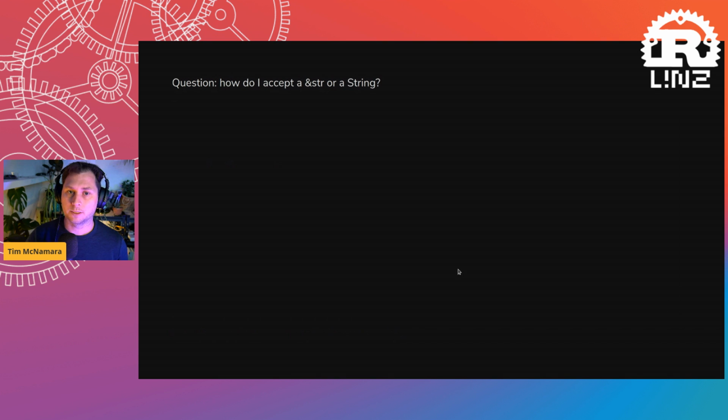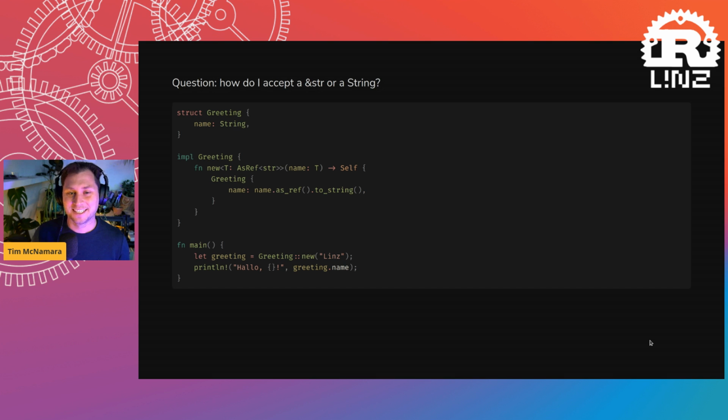And then the question is, okay, well, I'm doing some more research, and I want to understand how to accept either a string or a string slice. And so then I might encounter some example on a blog post with some syntax that's more ugly, or at least it's difficult. So the first thing to note is we have changed the type that our name is accepting from a specific type to a generic type. And we are asking Rust to accept any type T that can be represented as a str, as a string slice. Actually, it's not capital S, it's a little s, str, via an AsRef method,